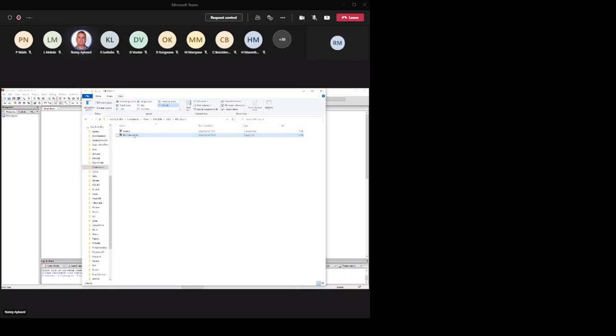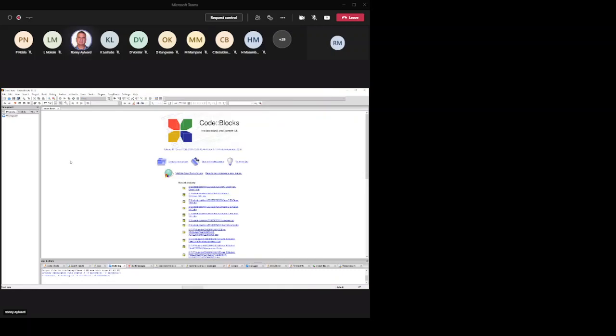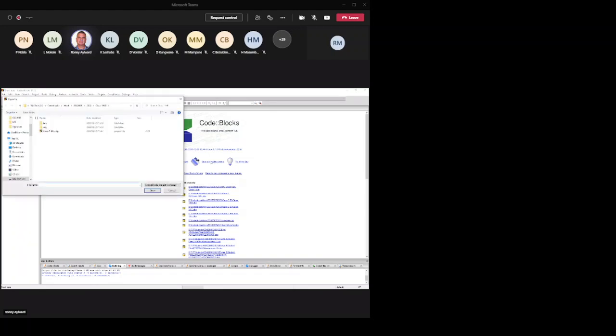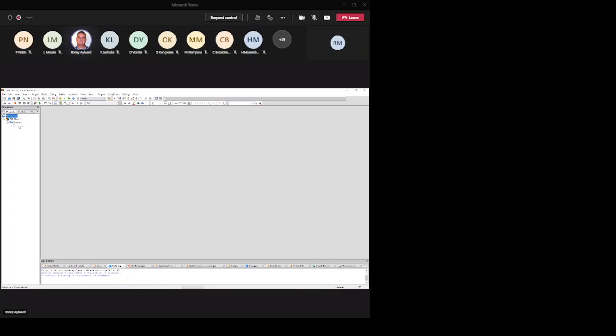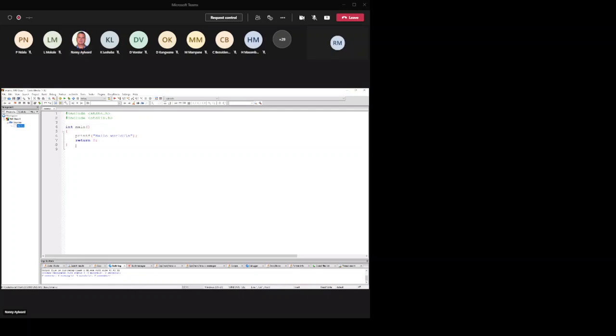Okay, so once I've renamed this, I can now either double click this or go to open an existing project. And it should open everything like before. And now everything that I've done before is available for me to use. Okay, so this is the process which I suggest that you do at the beginning of each class.